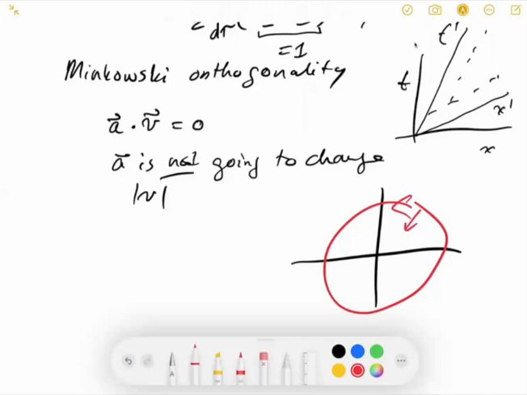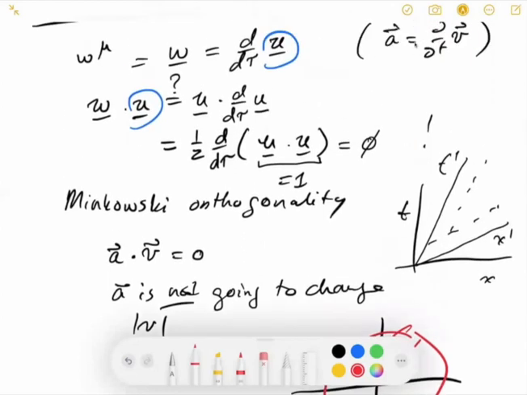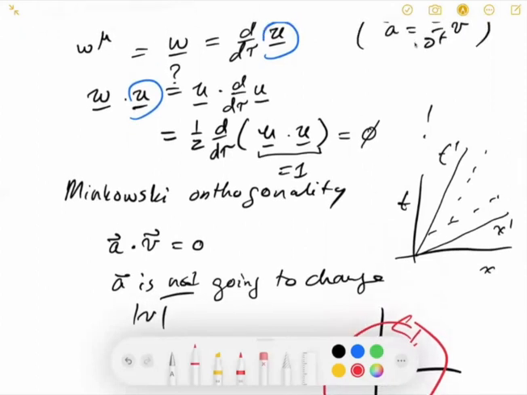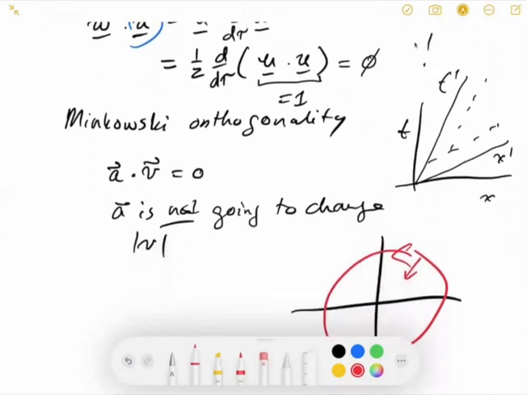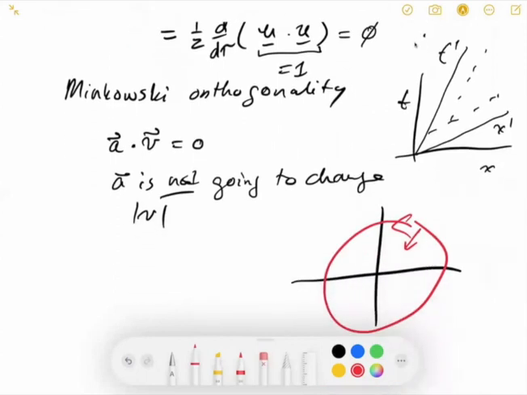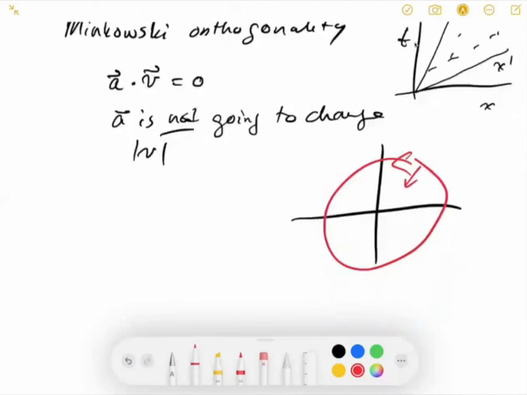So what does that mean in this case? Well, it means that no matter how much acceleration we give, we're not going to change U, and more importantly, U is always going to stay 1. In other words, once a massive particle going less than the speed of light, always a massive particle going less than the speed of light. Okay, so U dot W is 0 means U is always going to stay